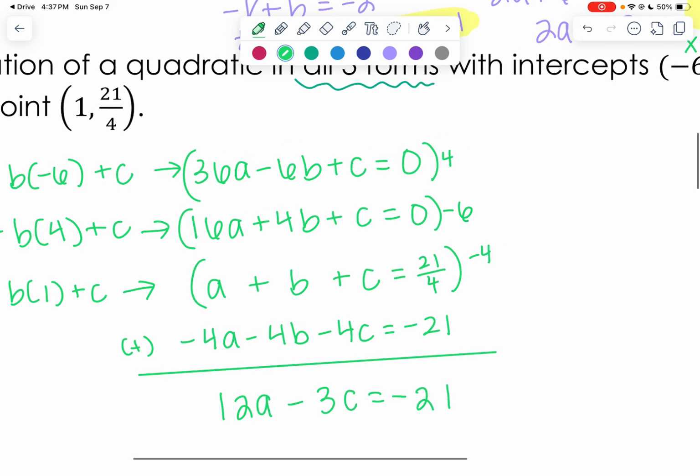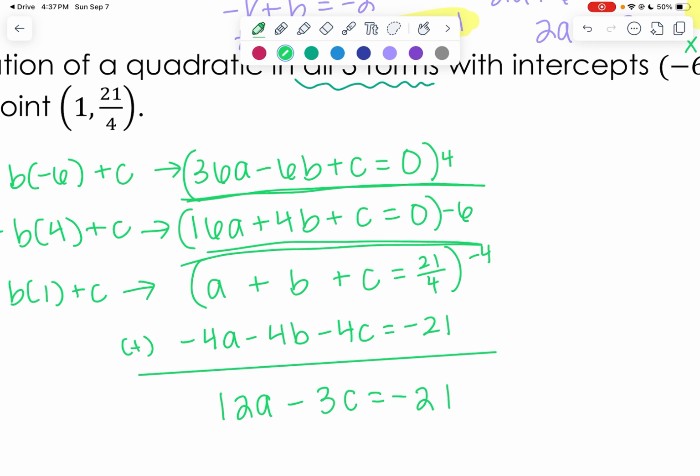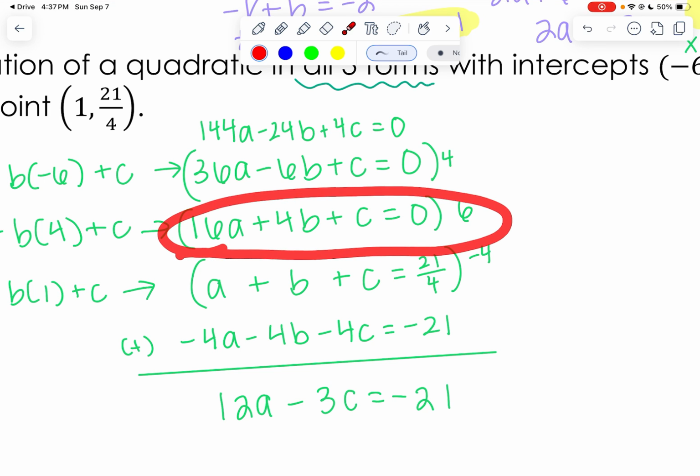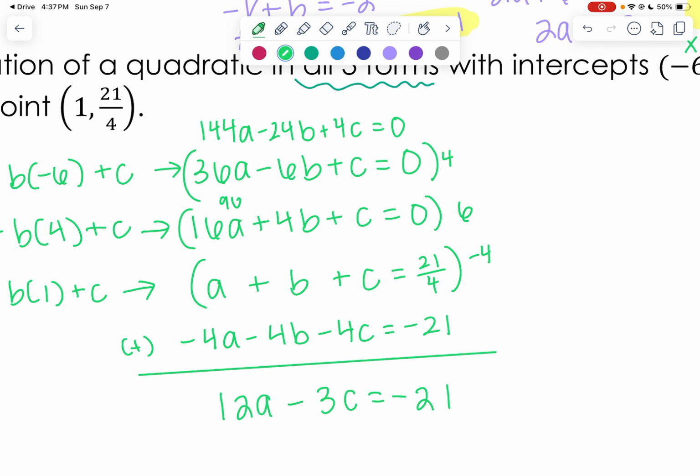Okay, so for right here, this one, I'm multiplying by 4. This one I'm multiplying by 6, not -6. Okay, I'm going to distribute it and then line them up so the b's should cancel out. Okay, so to do that, 36 times 4 is going to be 144a. Okay, 6 times 4 would be -24b plus 4c equals 0. And then this one right here, 16 times 6 is 96. And I know you can go off to the side and do 16 times 6 if you need to, right? Okay, plus 24b